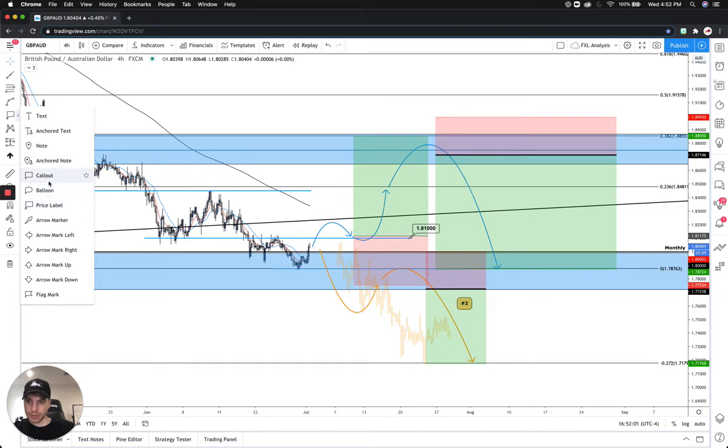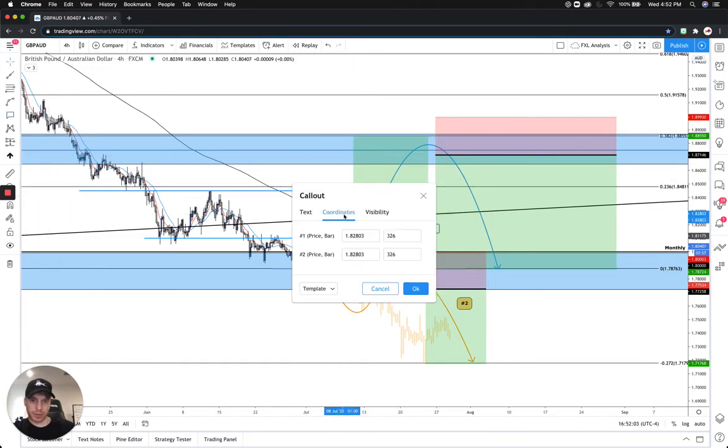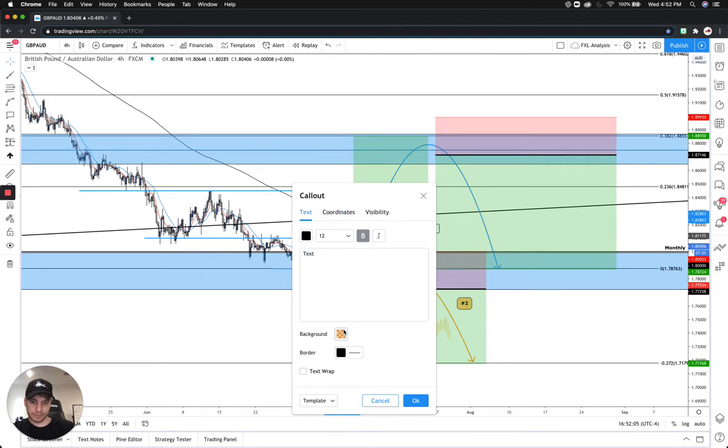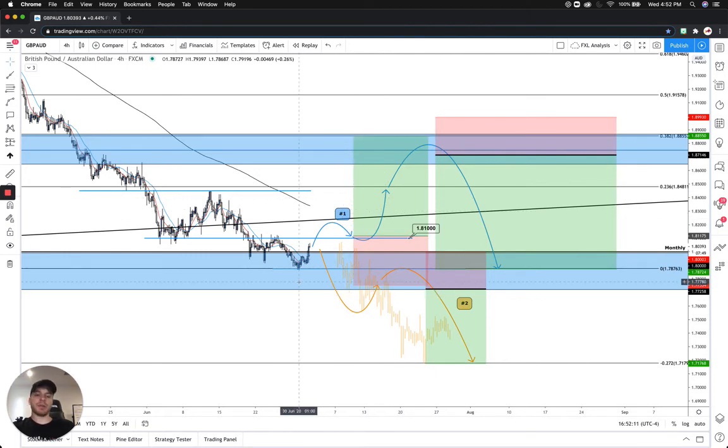Where is it? Call out. There it is. Trade path 1. Highlight this in blue. Number 1. Okay, perfect. Good. So again, we're literally waiting for a break of either side. We're going to break to the upside. We're going to break to the downside, and then we can better gauge ourselves of where we can